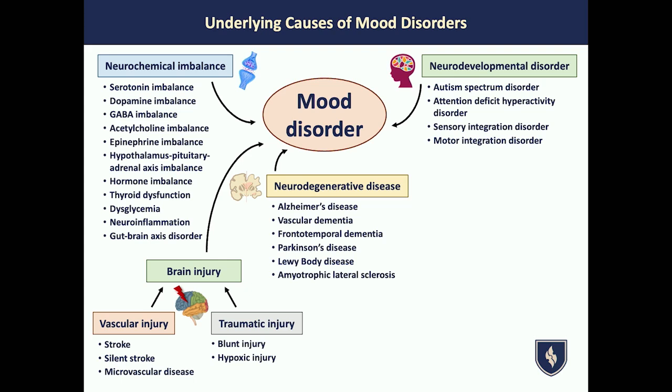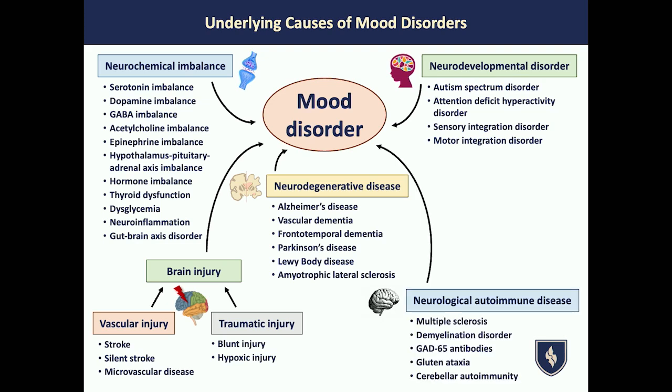And remember, by age 18, 21, the white matter and gray matter fully develop, so whatever development they have is a key part of their susceptibility to having variations in daily life impact their mood. And then there's definitely a lot of neurological autoimmune diseases. There's lots of demyelination. People get antibodies to GAD65, the enzyme that makes GABA, and get anxiety disorders. People can have gluten ataxia or cerebral autoimmunity, and feel like they're falling all the time, and have anxiety disorders from the autoimmunity that's underlying it.